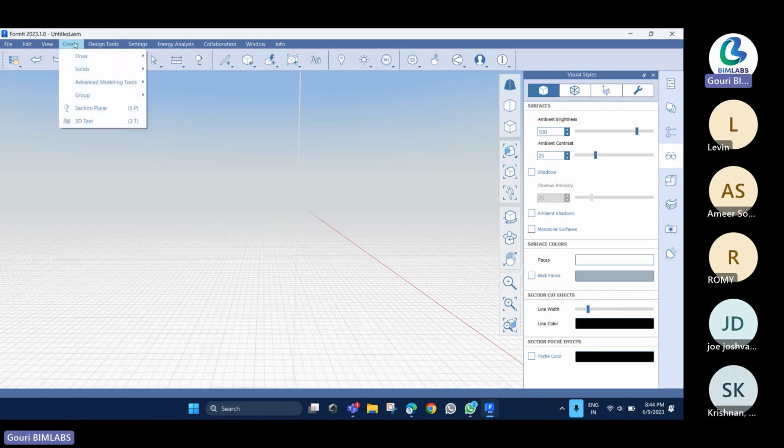Okay, the next we have to know the drawing tools, the solids, advanced modeling tools, etc. So I will explain now, and then later I will show how to use the tools. Now I'm simply explaining what is the purpose of these tools. The first one is the draw tool. Here you can create the vertex line, offset line, spline, arc by 3 points, arc by center and radius,